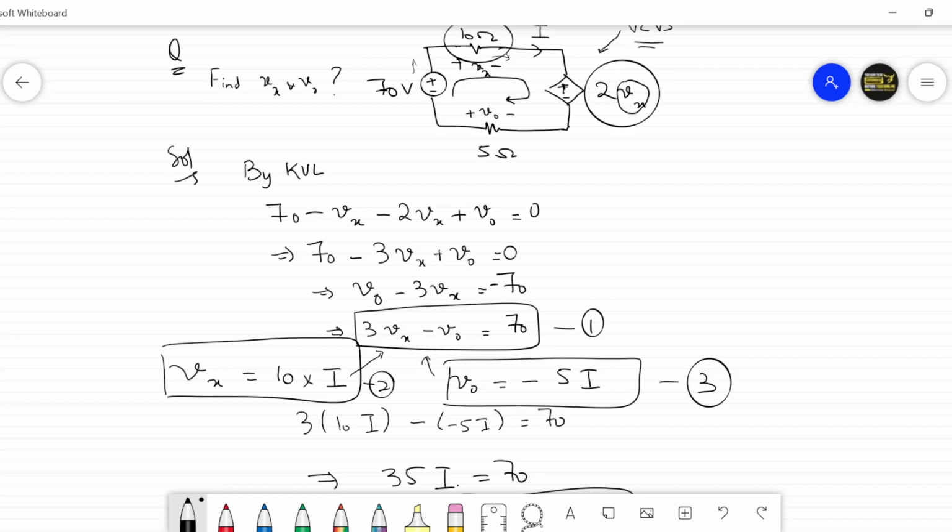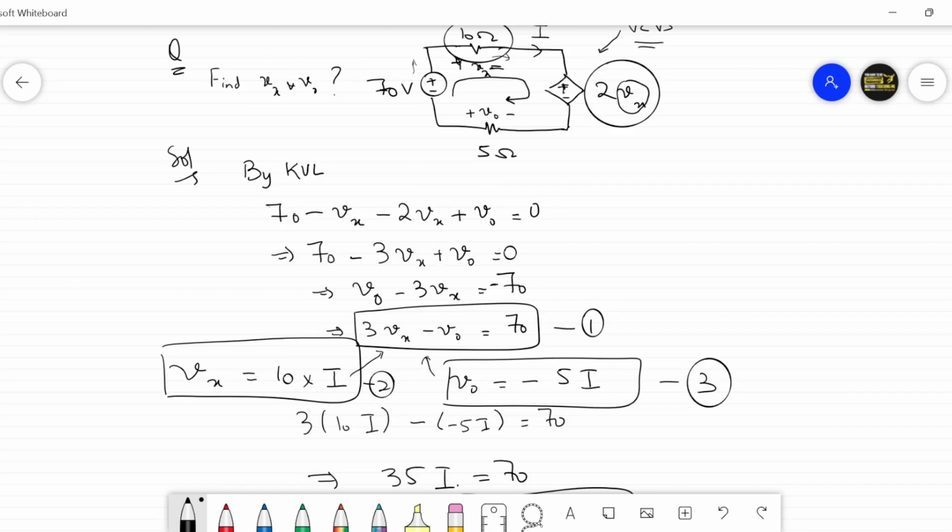सर, थर्ड इक्वेशन में V नॉट माइनस 5I कैसे हुआ? आप पोलैरिटी देख लो, Vx की और V naught की जो पोलैरिटी है वो डिफरेंट है. ठीक है, Vx प्लस यहाँ से माइनस यहाँ से. अच्छा हाँ. V naught, जब करंट की डायरेक्शन आप देखोगे, सेम करंट की डायरेक्शन में वो माइनस प्लस है. ओके ओके. तो क्वेश्चन में गिवन होगा नहीं हमेशा पोलैरिटी? ये तो आप खुद से सेट कर रहे हो ना, this is the convention आप यूज कर रहे हो. आपको V naught प्लस माइनस ऐसे रखना है, वो तो अब डिपेंड करेगा इस पर्टिकुलर क्वेश्चन में V naught की पोलैरिटीज ने ऐसे दी थी तो हमने माइनस 5 लिखा था.